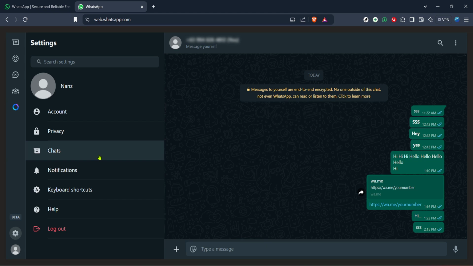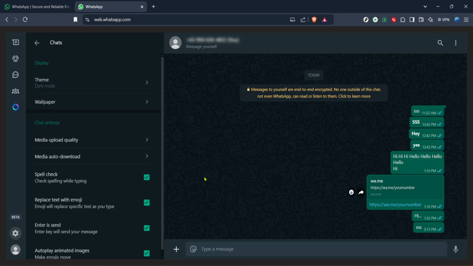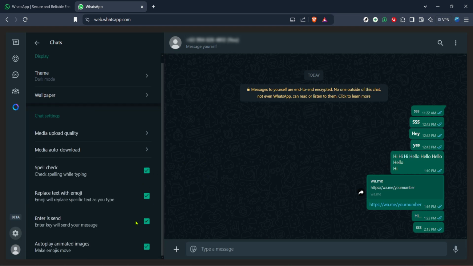After clicking on Settings, you'll be brought to the Settings page, where various customization options await your exploration. However, our focus today is specifically on chat settings. Among the list of settings options, find and click on the Chats section. This is where WhatsApp houses all preferences related to your messaging experience, including wallpaper settings, chat backups, and, importantly, the behavior of the Enter key. Now that you're in the Chats section, look for the option labeled Enter is Send. This critical feature dictates what happens when you press the Enter key while typing out a message in WhatsApp Web.